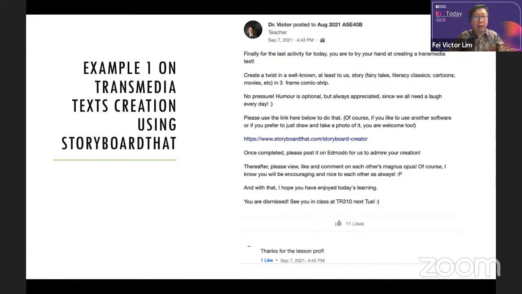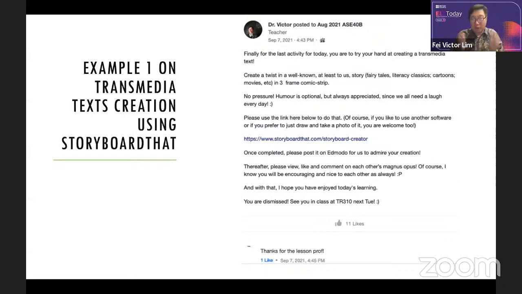This is part of the learning that I have with students on the Edmodo platform, a learning platform. I designed a number of activities for them to participate in during the synchronous online learning session. And this is an example of the last activity. You can see the date, it was fairly recent. It was only in September 2021. And what I wanted to do was for the students to use Storyboard That as a way to create